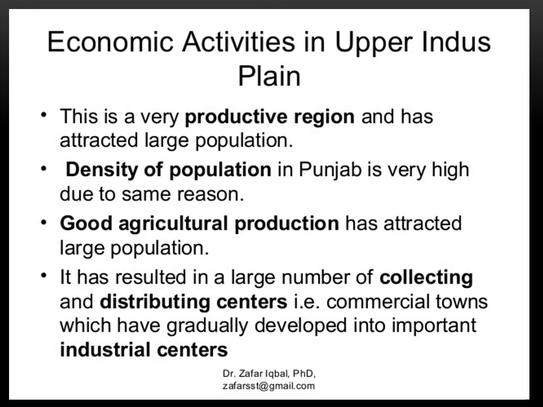For example, an extensive system of canal irrigation has been developed because of the favorable relief for the construction of canals. I told you that irrigation means artificial supply of water, and canal irrigation means when we are diverting the river channels, making canals from the rivers to give the water of rivers to different areas for agriculture. So that is canal irrigation.